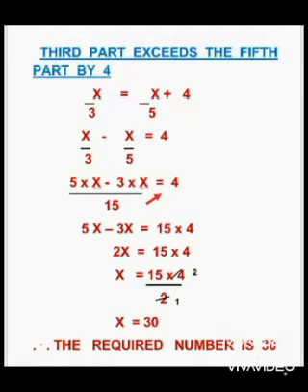Now you have to find out the value of x here. So let us transpose 2 to the right hand side. So you will get x is equal to 15 into 4 by 2. Now let us cancel 4 and 2 using the 2 table. 2 ones are 2, 2 twos are 4. Now multiply what is present in the numerator. 2 into 15 is 30. So you got the value of x is equal to 30. So the required number is 30. Okay, children?